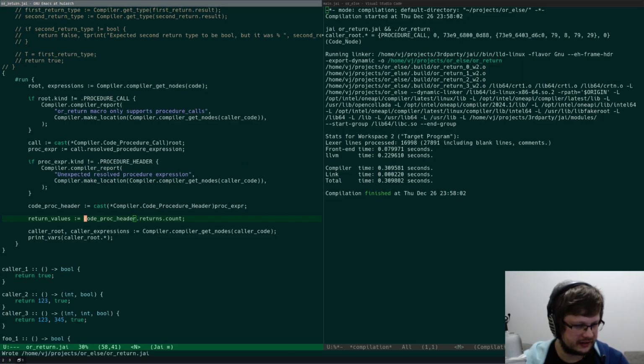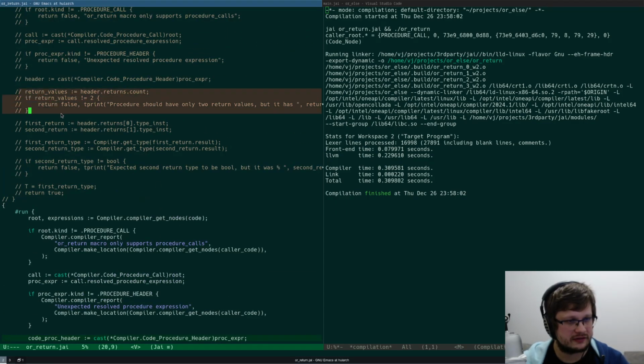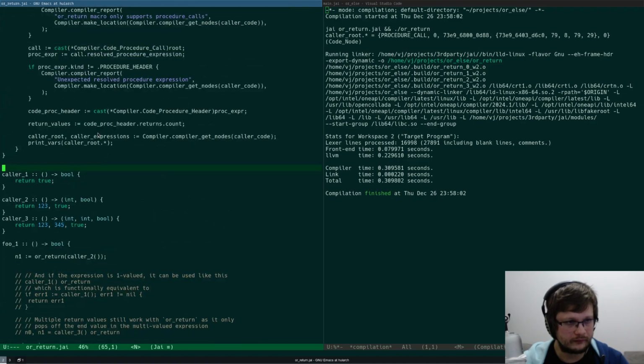Oh, my chat died. Okay. Yeah. Code proc header. And then these return values, we need to insert all of them.